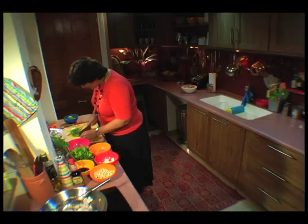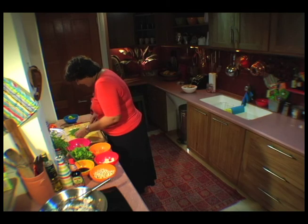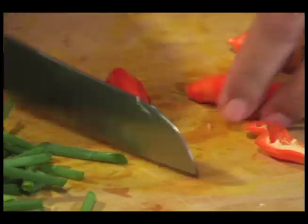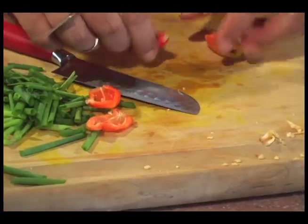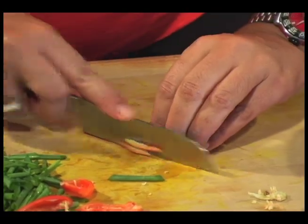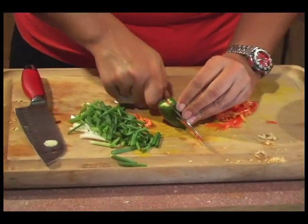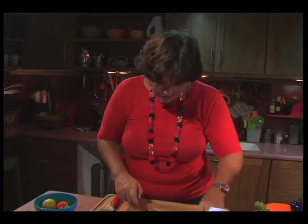I don't know, for some reason I'm not so good at chopping things on camera. I don't know why. Anyway, and I want to use some seasoning peppers. So again, I use my smaller knife. I'm going to cut in half, pull out the seeds. This is for flavor and for color. And I'm just going to do some thin slices. I'm going to put a little bit of jalapeno as well. Not too much. We already have the dried chilies, so